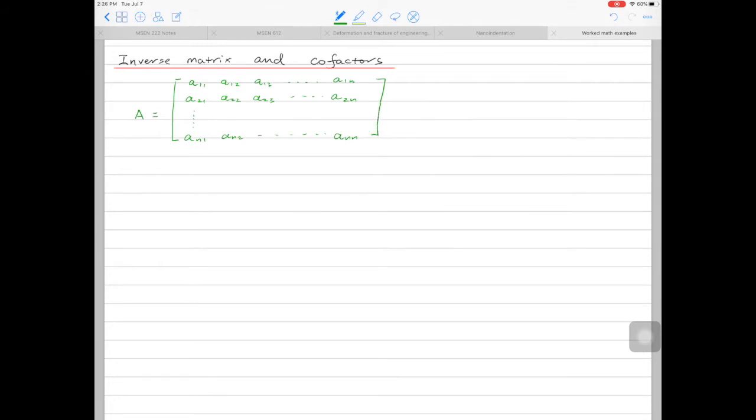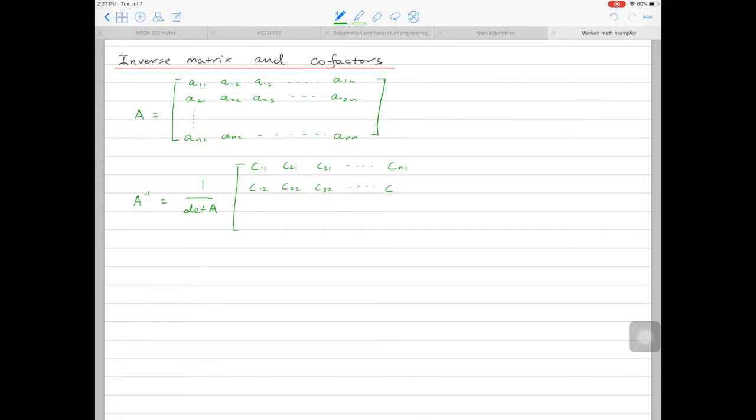Then there is a formula to calculate the inverse matrix of A, which is equal to 1 over the determinant of A multiplied by a matrix. In the matrix, the first entry is C11. In the first row, second entry is C21, C31, to Cn1. For the second row, it will be C12, then C22,